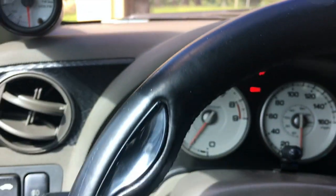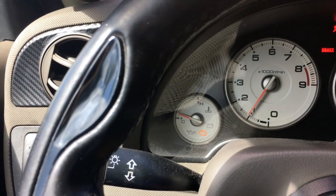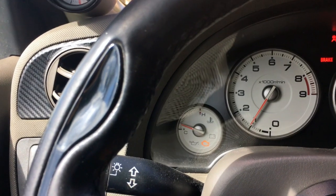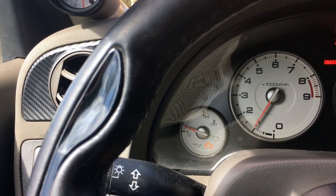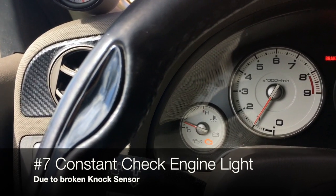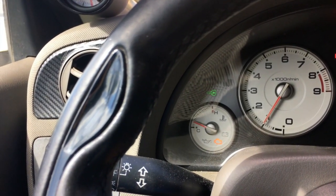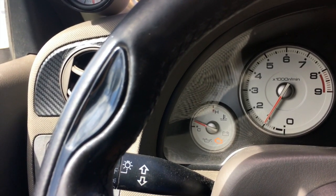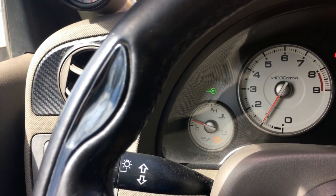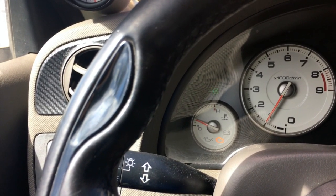Funny story, that same shop that fixed my power steering also broke my knock sensor. So the seventh thing I hate about my car is the damn check engine light, which is always turning on even though I turn it off with my OBD2 scanner. It's constantly giving me the knock sensor code because they broke my knock sensor. So the knock sensor is constantly turning it on, and